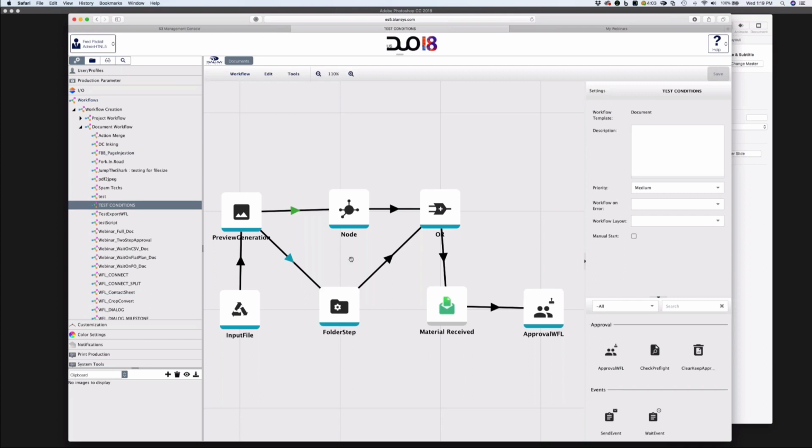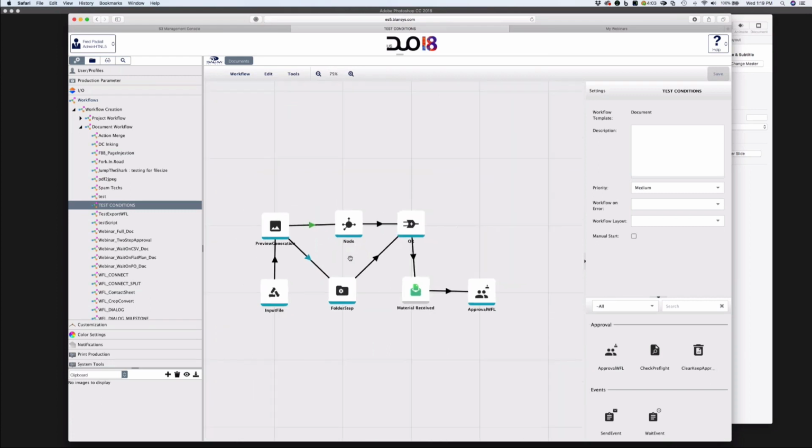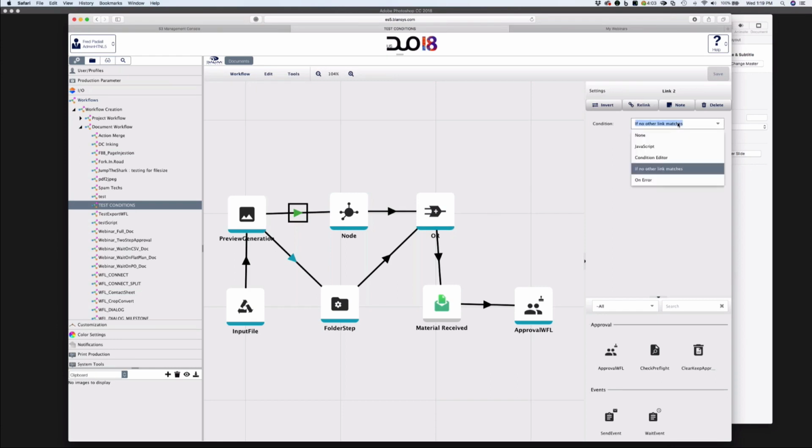But just some of the quick things is you're now able to zoom in, zoom out. So if you have these really large workflows like a lot of our customers have, you can actually go in. Link editing is much easier. Everything's here on the right, organized well, so it's not little pop-up windows and things that you can't use easily. We'll probably do a full webinar on a lot of the features. I don't want to kill a lot of our time going over this, but one thing to note is they